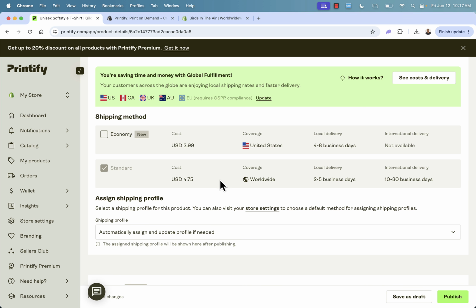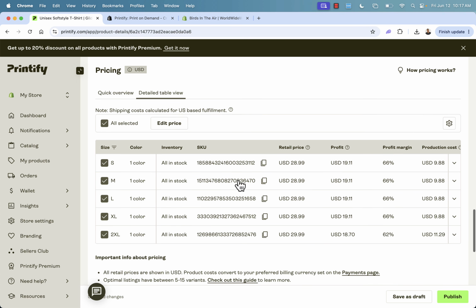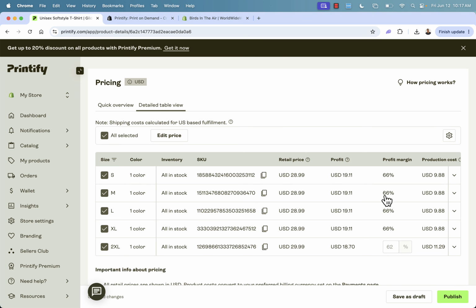We come over here, we see our different shipping methods that are available, and we have economy shipping as well that we could add on here for USA buyers. Now we're going to look at our pricing. Right now we have it set at $28.99. You see that our profit's going to be about 62 to 66% over here. Sometimes the bigger sizes cost a little bit more money, but we're really at a really nice profit margin,